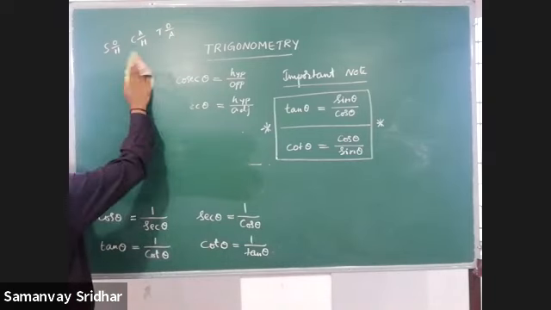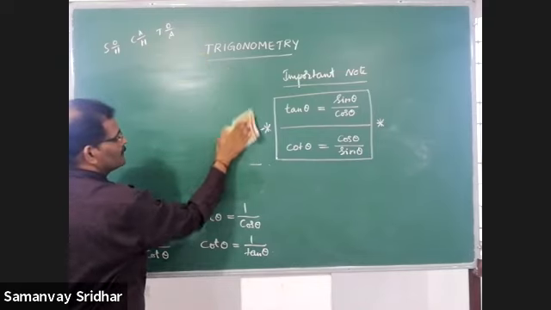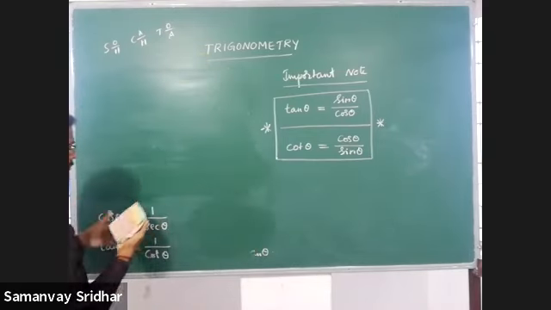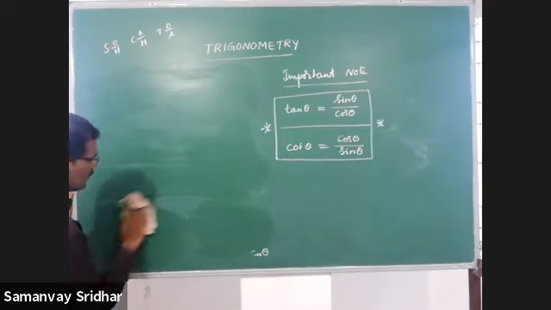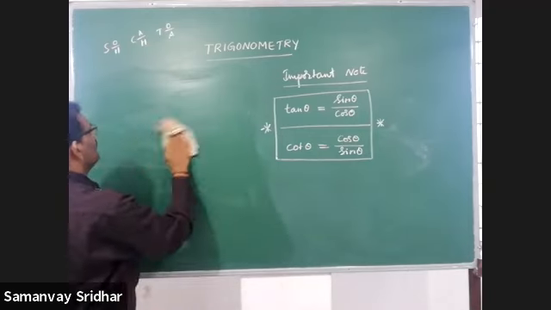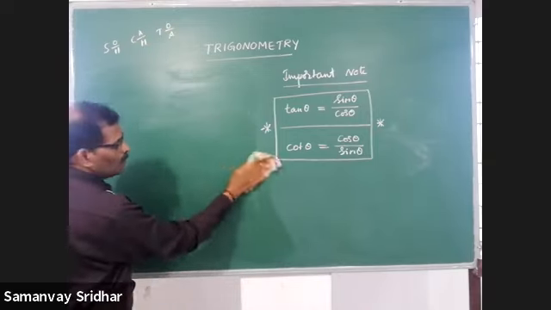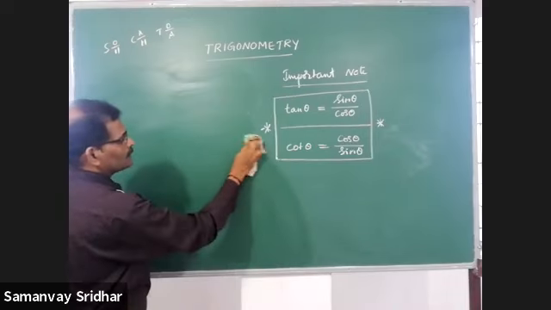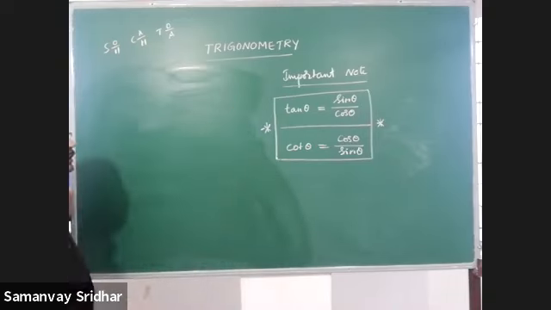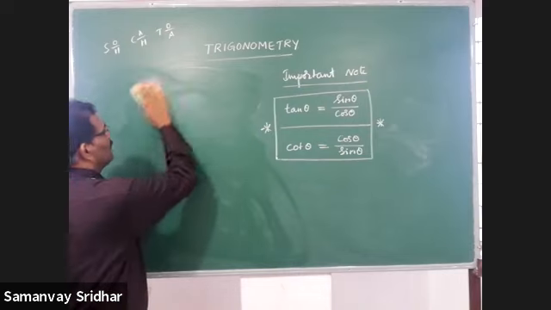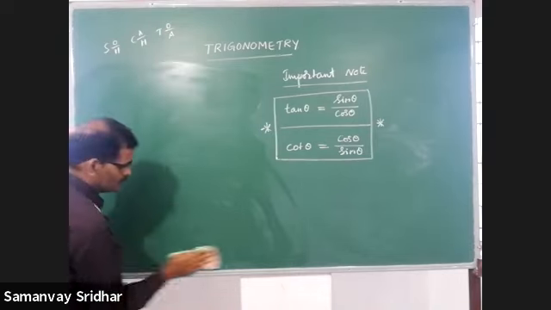Tan theta is equal to sin theta by cos theta. As usual, I can say that cot theta is equal to cos theta by sin theta. While solving the trigonometric problems, wherever it is necessary, there you can write the tan as 1 by cot or tan as sin theta by cos theta also. You can write cot theta as 1 by tan, and it can be done as cos theta by sin theta also. There are two things you got now up to here. So many more things you will get.